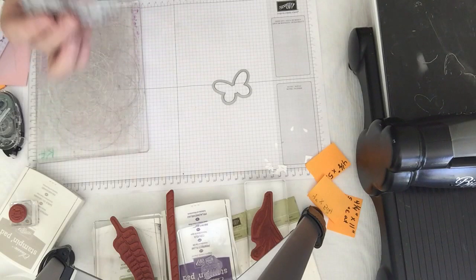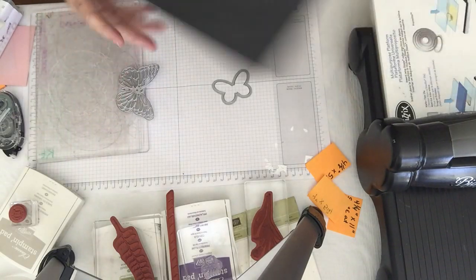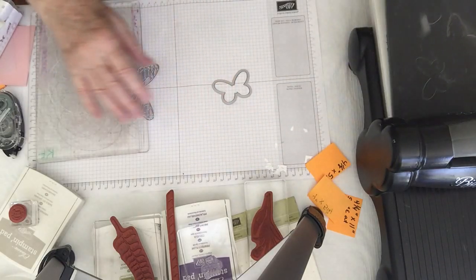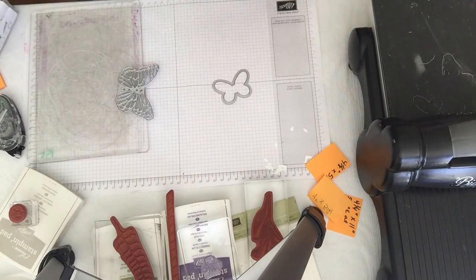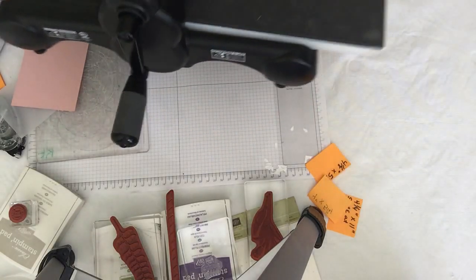So first we're going to cut out with our framelit, we're going to cut out the butterfly using the precision plate. And the precision plate is just something to give a little bit more width so that your image comes out without as much fuss. So we're going to just take our Big Shot,